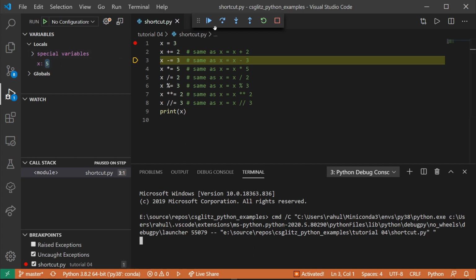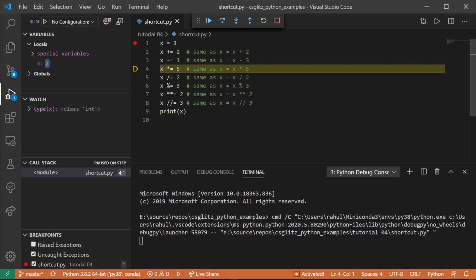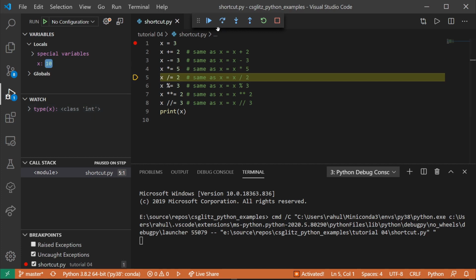We can also write expressions in the watch window. It will evaluate them while debugging. Type of x is showing as int. Next line will decrease the x by 3. Then it will multiply by 5.